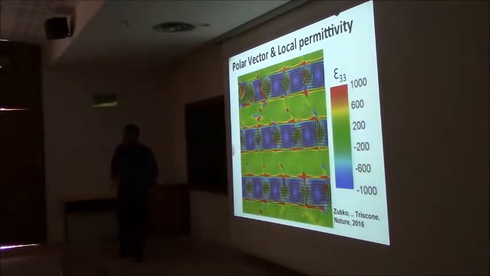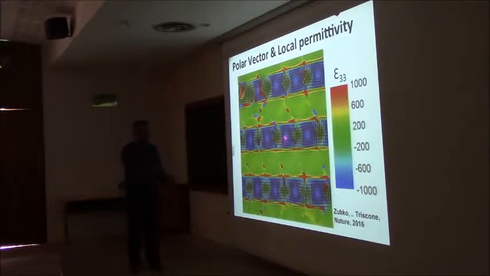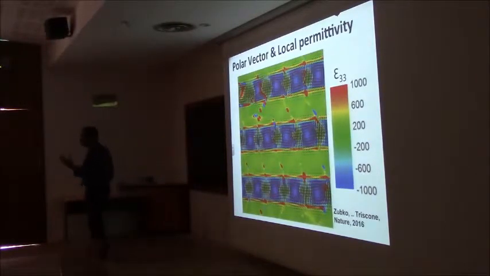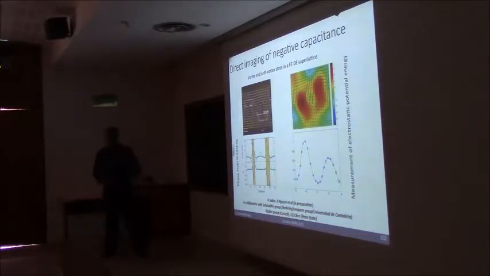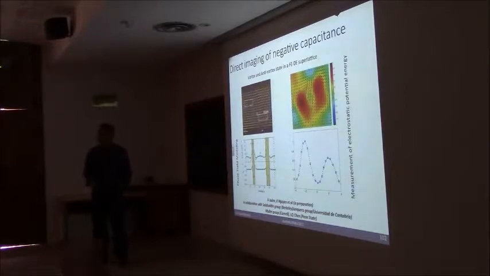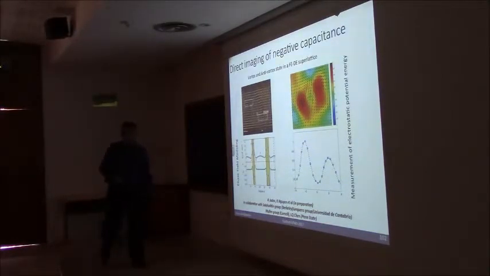This is calculated from one of the phase field calculations. And then you can map it out. So there are regions in space in the sample where the capacitance is negative, or the dielectric constant is negative. So Pavel was talking about negative capacitance in this. So we can think of this system as having, on a local basis, negative capacitance. The question is, can you measure it? And this is data, again, which Saif Salahuddin, Pavel talked about Saif's work yesterday. This guy was talking about it 10 years ago. It's now become a rage. There are people like Global Foundries and Intel actually making devices using negative capacitance.